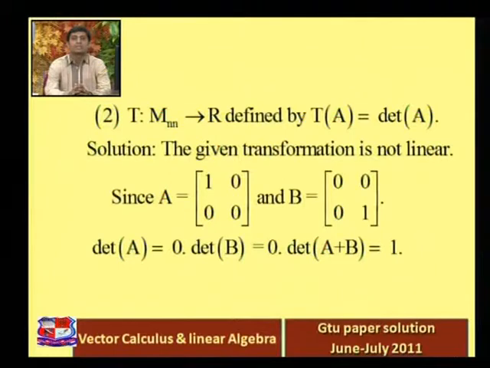But what is A plus B? A plus B is what? 1 0 0 1. Here I don't mention A plus B, but you can easily understand that A plus B